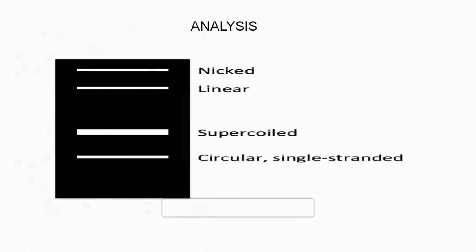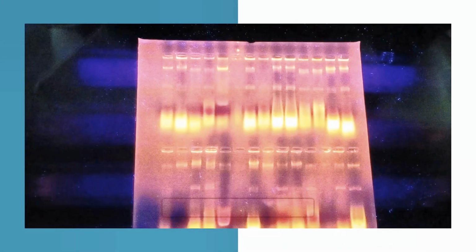After analyzing the plasmid DNA bands, we can observe the bands on the UV transilluminator. The presence of orange colored fluorescent bands on agarose gel indicates the plasmid DNA. Here we can observe different forms or different bands on the agarose gel run by agarose gel electrophoresis, as I mentioned earlier. This picture represents the orange colored fluorescent bands on agarose gel under a UV transilluminator.